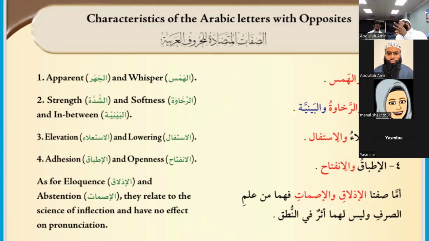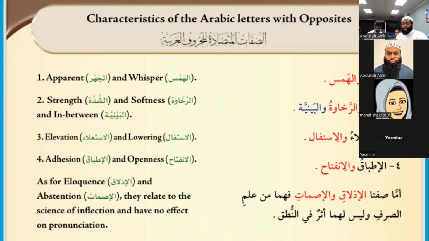So these are 4 categories for 9 opposites. The first consideration, or the first category, is whether or not the vocal cords vibrate. If they vibrate, it's an apparent letter. If they don't vibrate, it's a whisper letter. The second